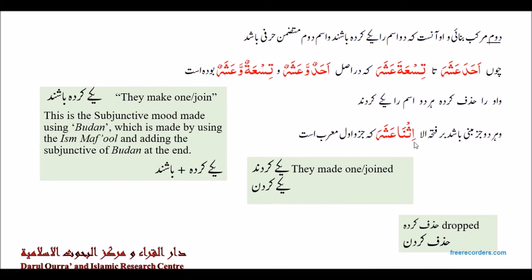Sometimes you'll see it written as ithna ashara. Sometimes you'll see it as ithnay ashara. You'll see a ya instead of an alif over here. So instead of this alif, you'll see a ya. So that shows you that this first part is changing, and the first part is not mabni. Its ending isn't fixed. So this is the second type of Murakkab Ghair Mufid, the incomplete compound.